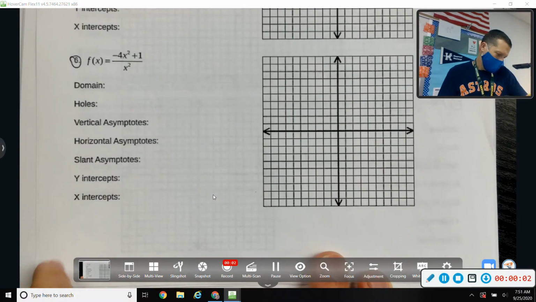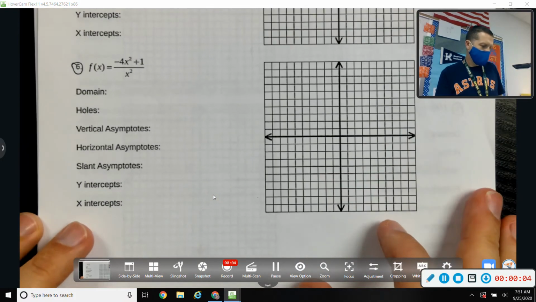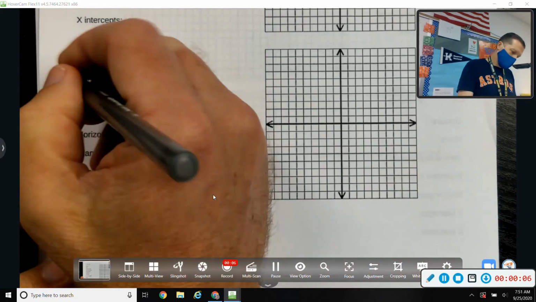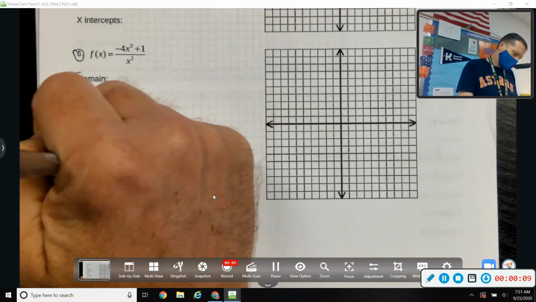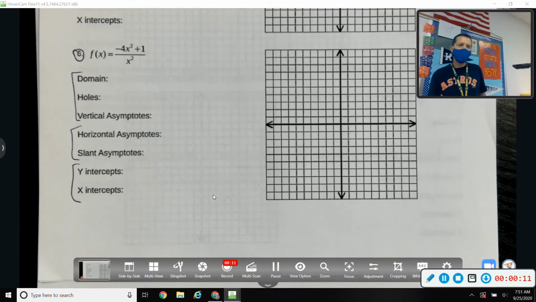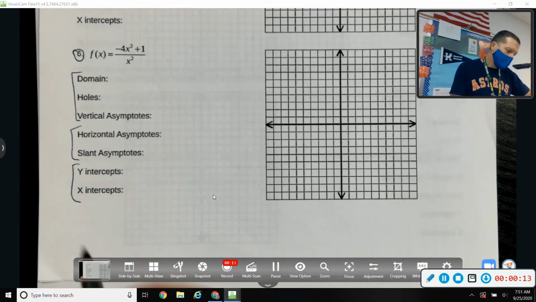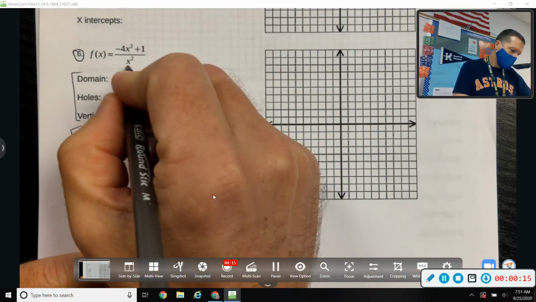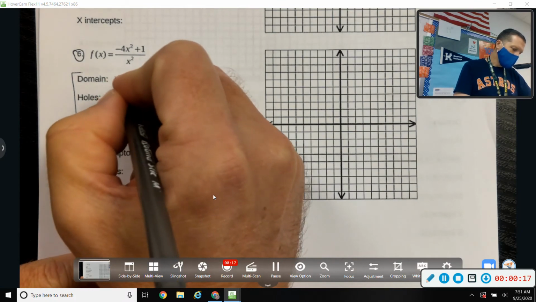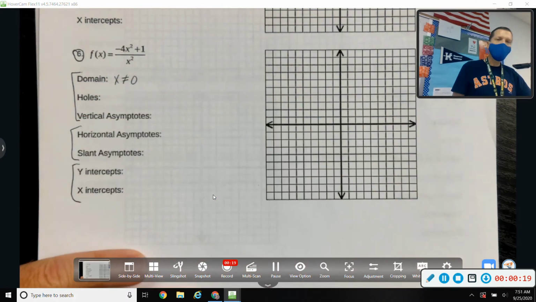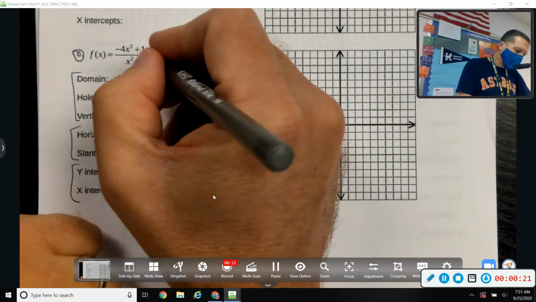Number 6, that is a weird numerator. So we'll worry about that in a minute. Again, organize my thoughts here even before I get started. Domain would be x can't be 0. Whatever's going on in the top,